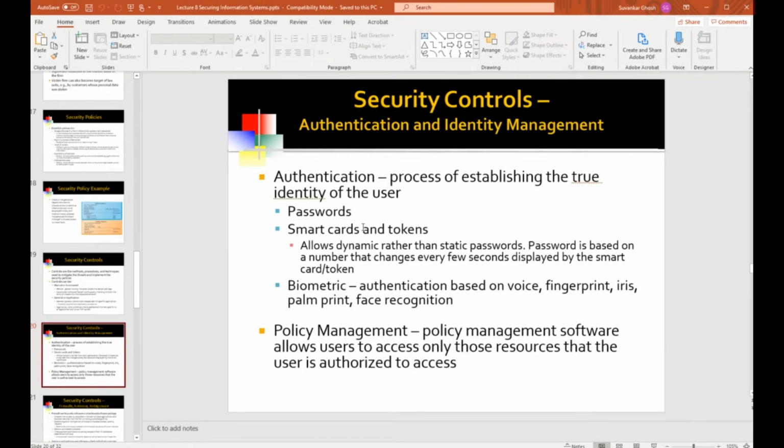Typically, if you're not using and enforcing long, randomly generated passwords, then this password control is a weak control, because people can hack it, people can try and guess it, try various combinations and permutations, and try to get at your password. So how do you have a stronger authentication control?